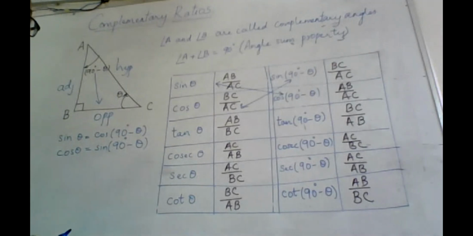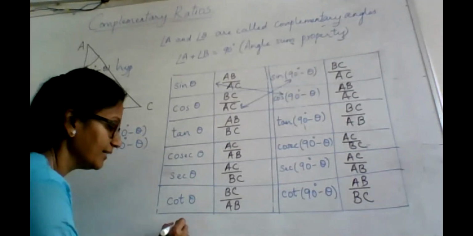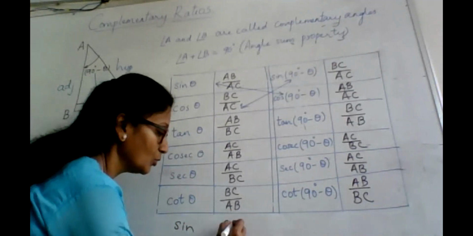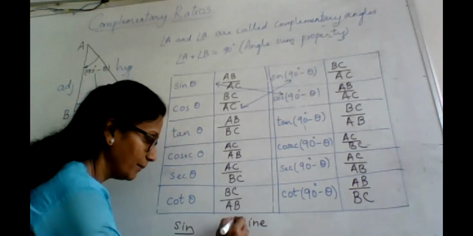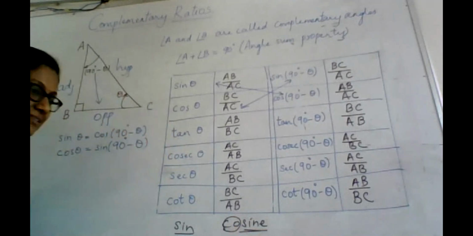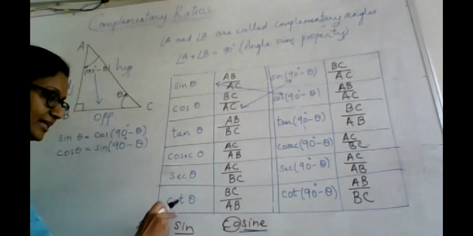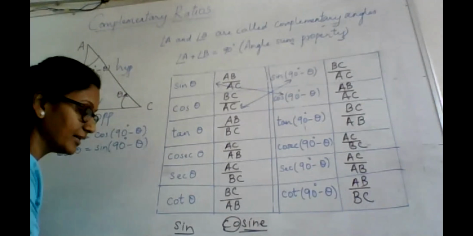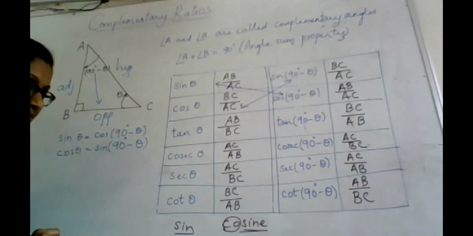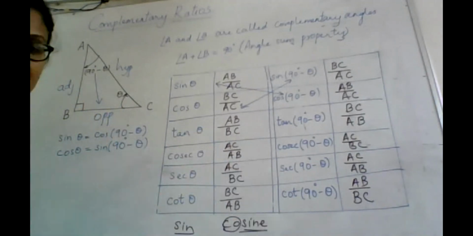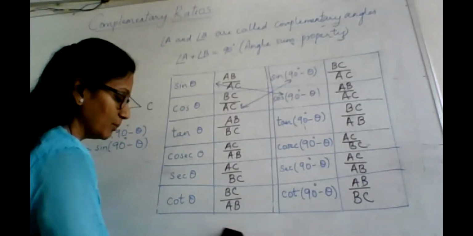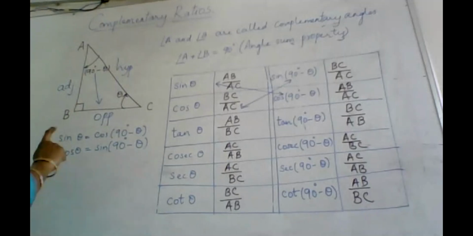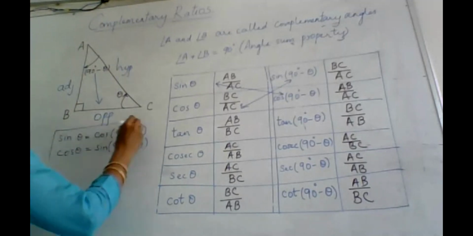Even in the word you can see complement, sine, cosine. Sine complementary is cos. That is why it is cosine. So sine it has become cosine. Similarly, when you take the cos, the complementary will be the sine. That's another way to just remember. Don't get too much worried about it. So sine and cos are one set of complementary angles we have found.